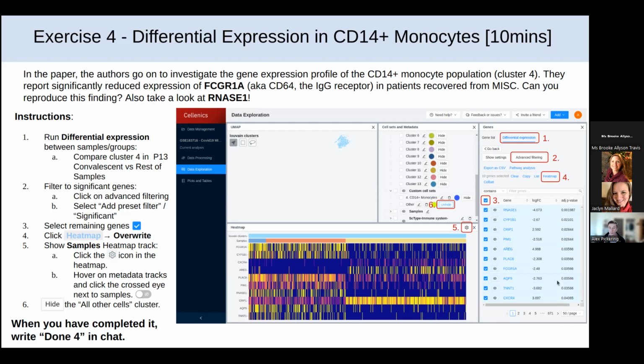The next thing that we want to do is put all those genes into our heat map. So to do that, you're going to click this little checkbox here to select all the genes in your table, and then you're going to click Heat Map and select Overwrite. And it might take a few seconds to grab all the data, but that's going to put those genes over in your heat map. If you've gotten that far, you're doing good so far. The next step